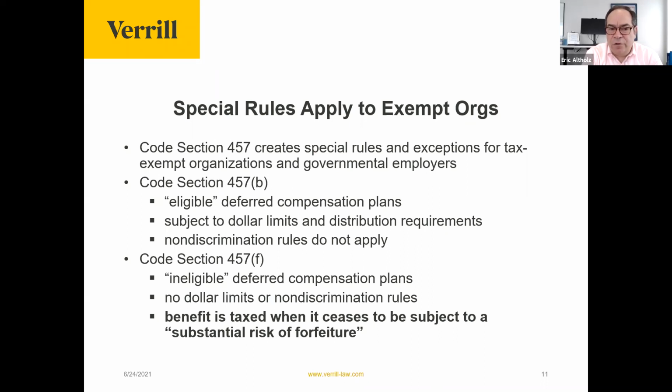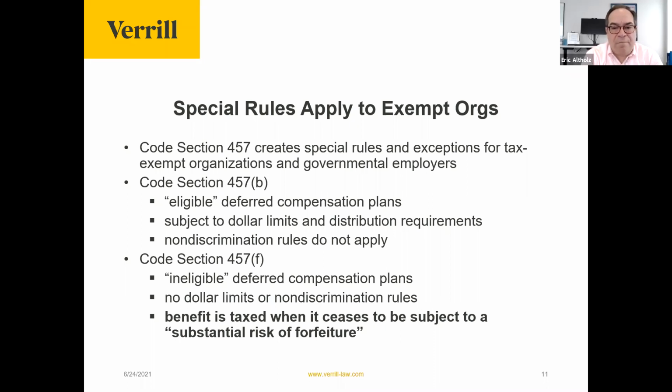And then the alternative is Section 457(f), ineligible deferred compensation plans, which are not subject to any of those limitations that apply to 457(b) plans. Technically, they are not exempt from 409A the way 457(b) plans are. But when we work on those plans anyway, we typically design them to fall within the short-term deferral exception that I just mentioned.